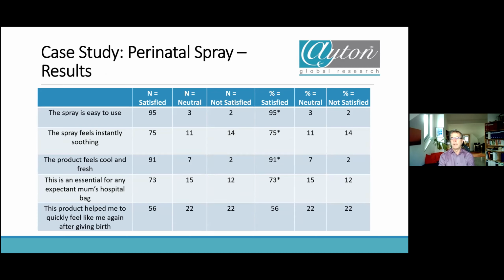You see an asterisk next to satisfied when it actually crossed the border of what they said: 2/3 of the respondents should agree with that statement for the claim to be validated. The claims like the spray is easy to use, the spray feels instantly soothing, the product feels cool and fresh, this is essential for any expectant mom's hospital bag, all definitely went beyond these 67%. But a claim like this product helped me to quickly feel like me again after giving birth